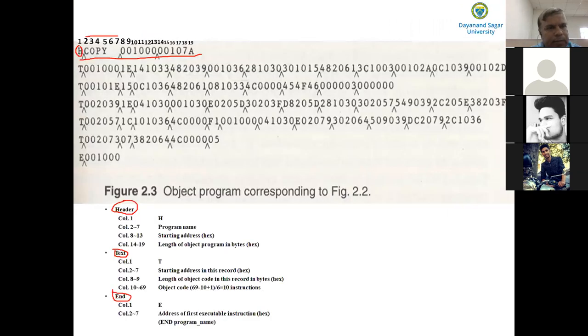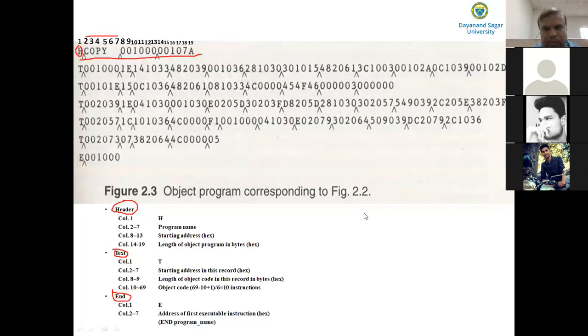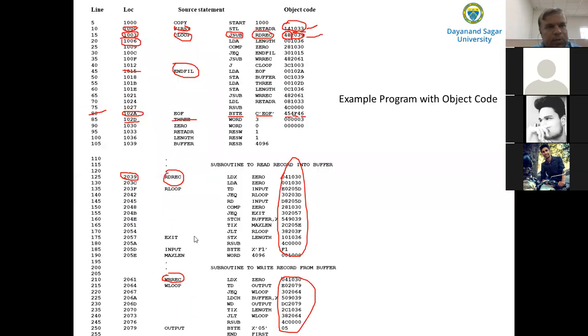Then columns 8 to 13 hold the starting address. What is the starting address of the program? It is specified: the starting address is 1000. How do you know that the starting address is 1000? It is specified using the START assembler directive. The operand of the START directive is 1000.